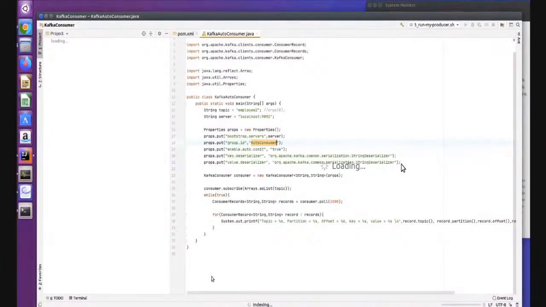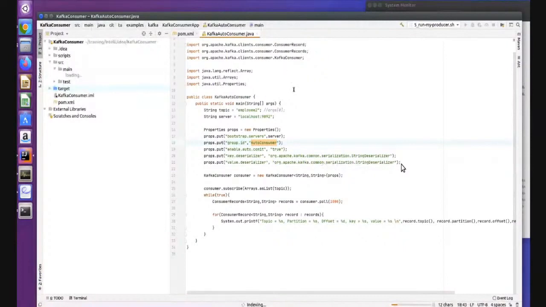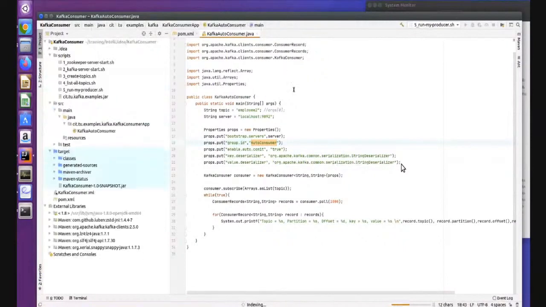In a company, what we do is we write our own consumer and our own producer. We don't use the console producer and console consumer, right? Because this is for testing purposes, whether your system is up and running or not, right?